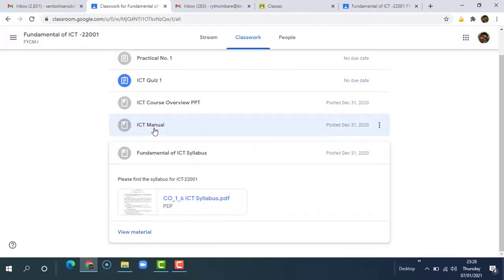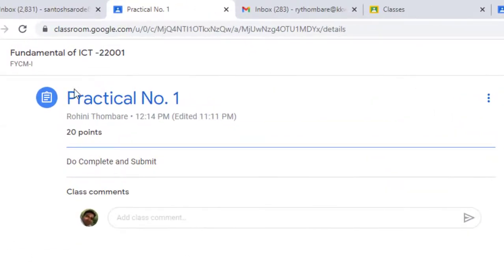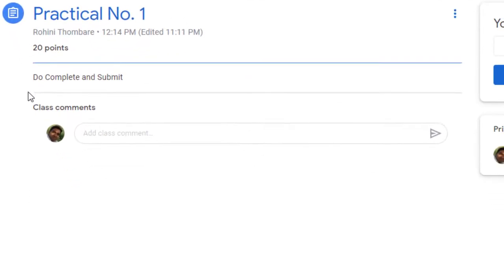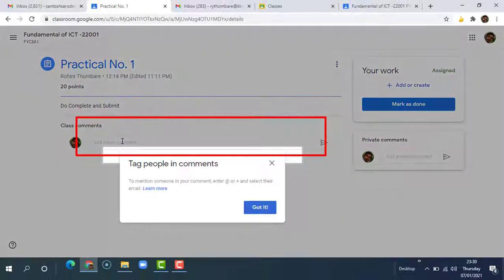Next, if you want to solve the assignment, click on the View Assignment button. It will display the graphical user interface like this. It shows that this is the practical number 1 assignment and the instruction is do, complete and submit. If you want to provide any class comment, you can provide it here.